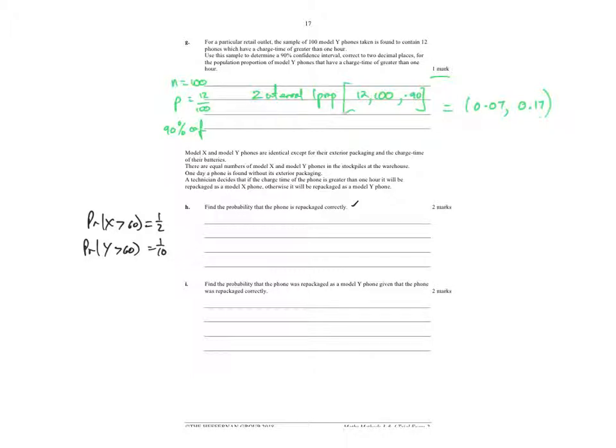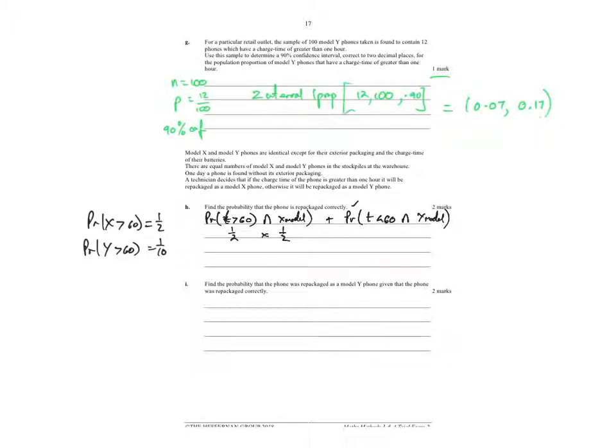So for the technician to get it right, I need the probability that the charge time is greater than 60 and it's an X model, if both of those statements are true, or I need the probability that the charge time is less than 60 and it's a Y model. So I need both of those conditions to be true. So the probability of it being greater than 60 and an X model,